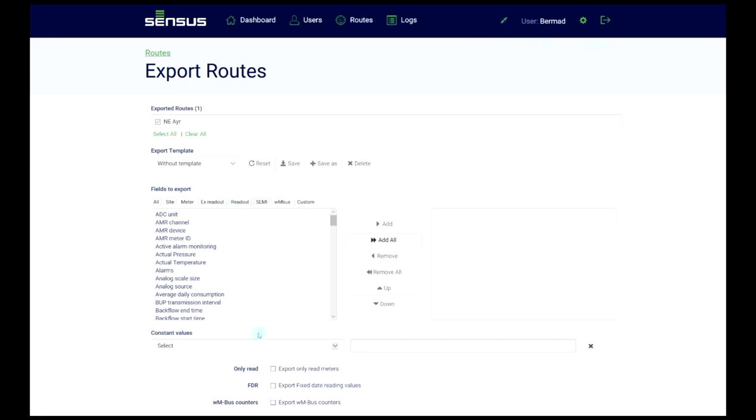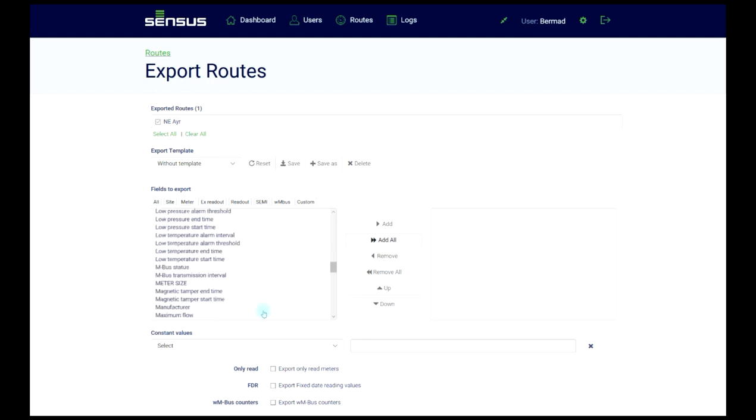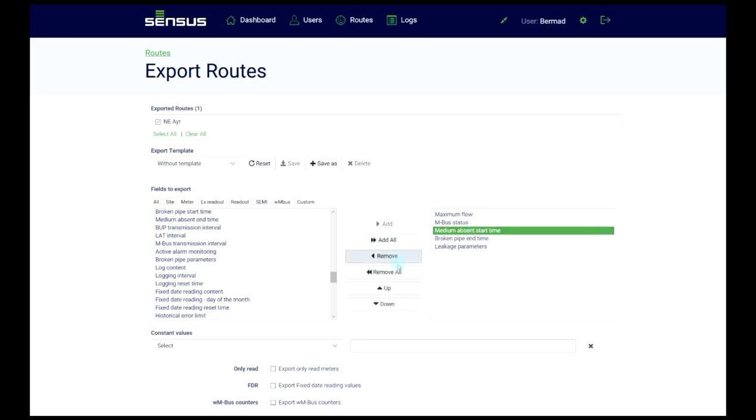So here again, we want to choose what fields we want to feed back. So things like street address might be relevant to pass in and out. It's helpful for the meter reader, of course, to know where the meter physically is, but it's not information we need to put back in our billing system. The site ID will associate it with the correct customer, but we can add any parameters we like there, and we can change the order. But once we've got that all set,